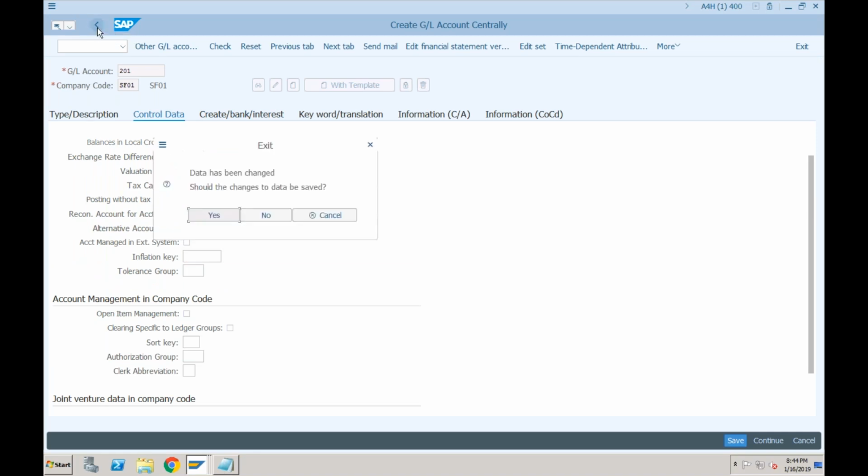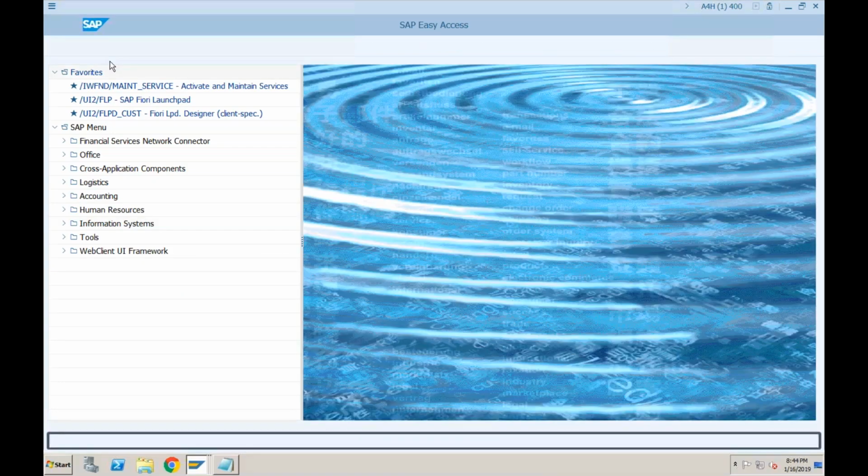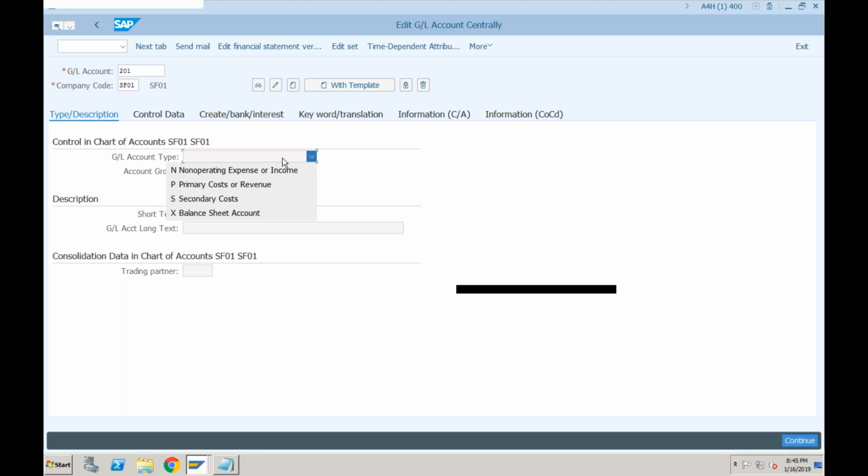Now, to summarize what we discussed: GL account and cost element have been merged. So you cannot create a cost element using transaction KA01. It has to be created using transaction FS00. If you try KA01, it will automatically redirect you to FS00. When you create a GL account, the first thing the system will ask you is the account type. There are 4 different account types: one for balance sheet, one for secondary cost, and 2 for profit and loss, first one with cost element, second one without cost element.